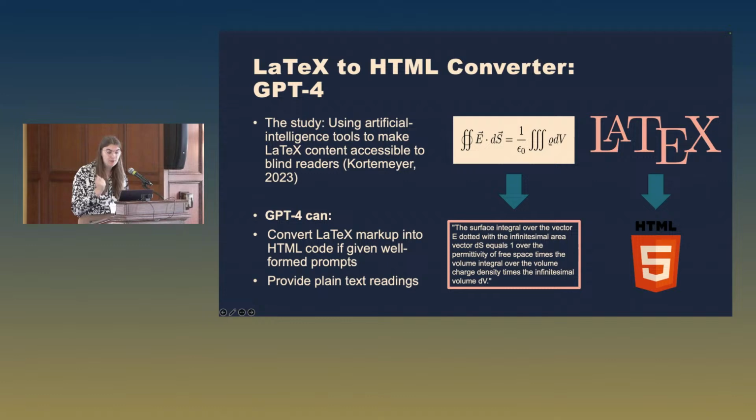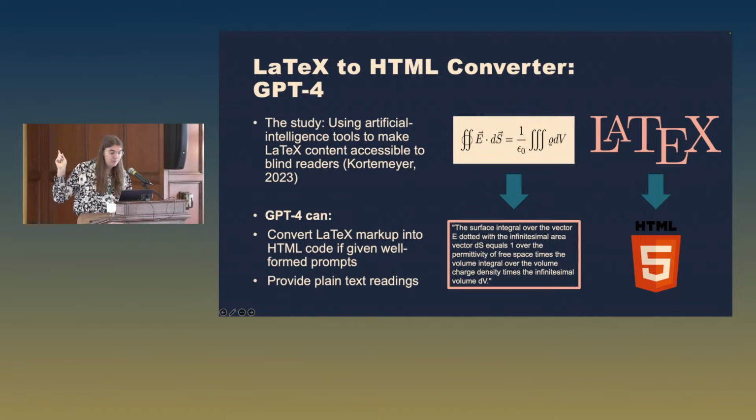But there's a great paper using artificial intelligence tools, GPT-4 specifically, to make LaTeX content accessible to blind readers by Kortemeyer in 2023. They found that GPT-4 can convert LaTeX markup into HTML code if given well-formed prompts. And it provides plain text readings of LaTeX formulas for readers at multiple levels of expertise, like this conversion here,